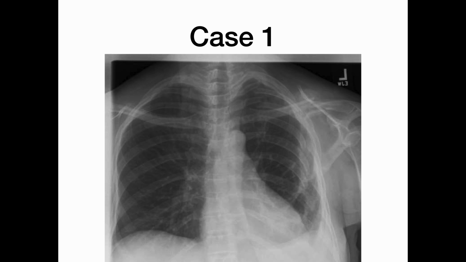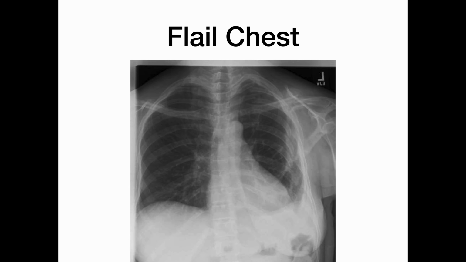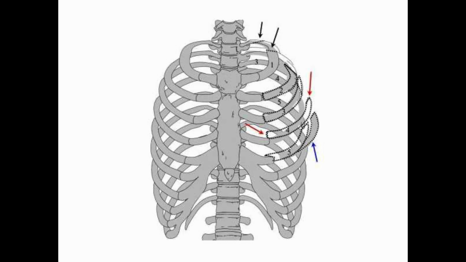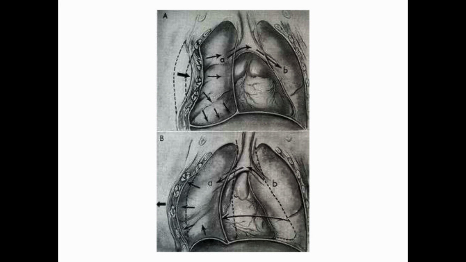But if you're just looking at the x-ray from straight on, you will find that it is difficult to know exactly which ribs are broken quickly. So if you turn it on its side and you pause this, you'll find that it is a lot easier to actually identify which ribs are broken, and you'll find that this person has actually broken about 6 ribs in that left side. That's just a diagram, sorry.